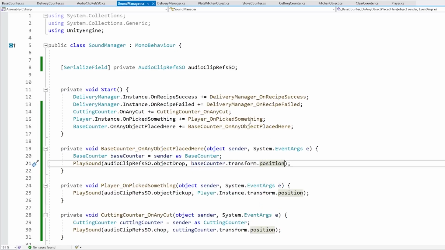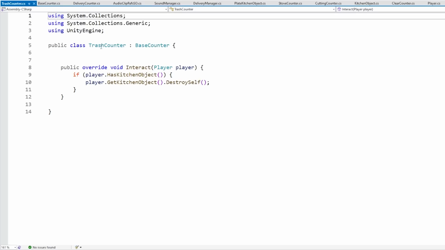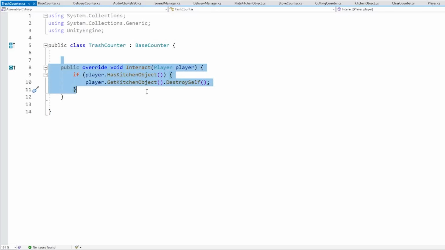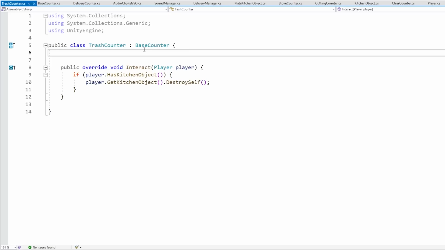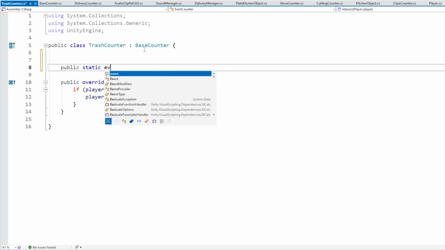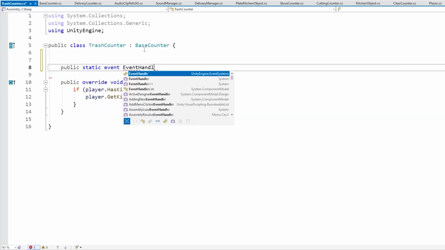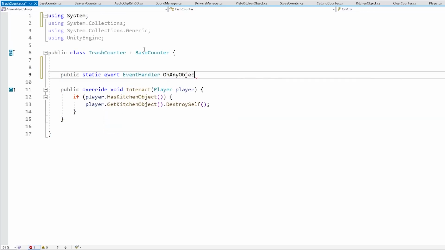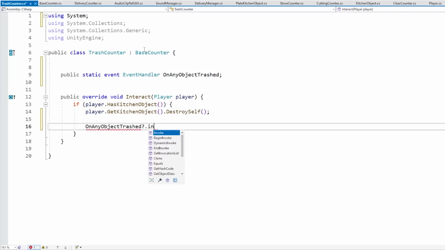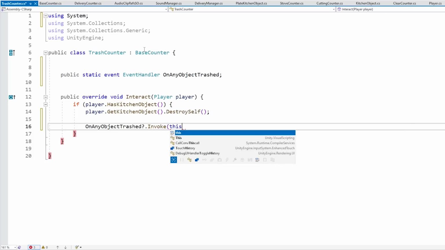Okay, so we just need one more special counter type. Here we have the trash counter, and this one never really changes the parent, it just destroys the object. So over here on the trash counter itself, let's fire off an event. But again, let's make it static, even though we're only going to have one trash, but make it static just to be able to support multiple. So public static event handler OnAnyObjectTrashed. And then over here, just fire off this event. So invoke with this